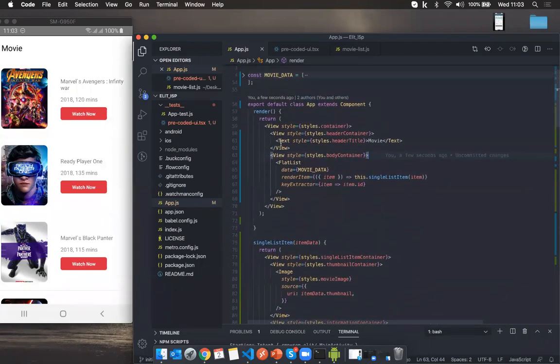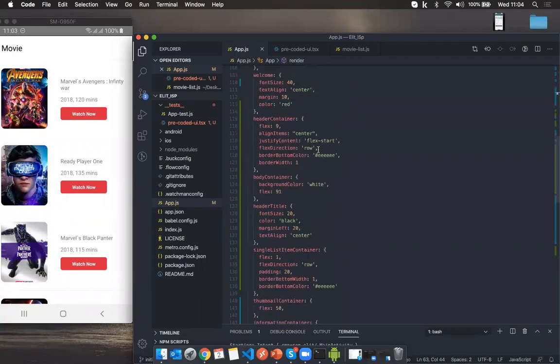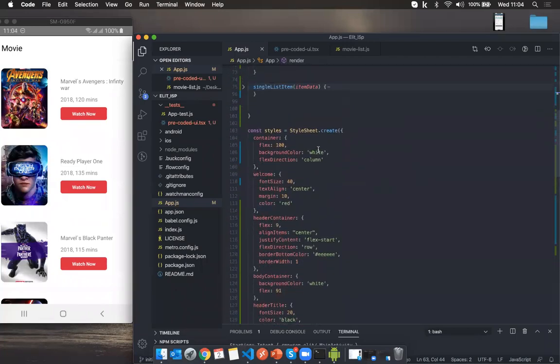So guys, as you can remember, we started with creating a big container and put two views inside it in order to put the header and the body container list view. So here it is, and here's the title for the movie, and we added stylings there. And if you can remember, we changed color, and we aligned it to center, and made it stick with the left side.